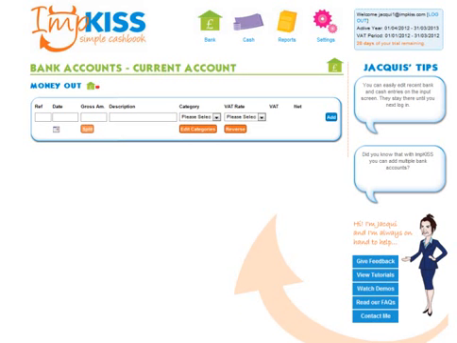Most of the time, single transactions will be entered one at a time. However, there may be occasions where it would be useful to split an amount so that it can be analysed across a range of different categories and/or VAT rates. ImpKISS allows the amount to be entered once and then analysed into as many different categories as you wish using